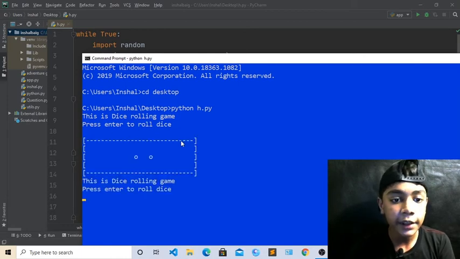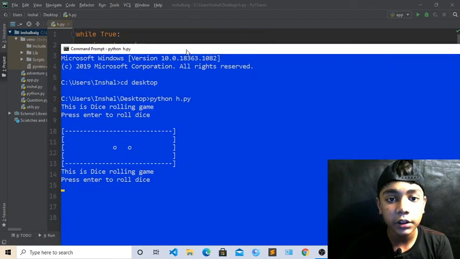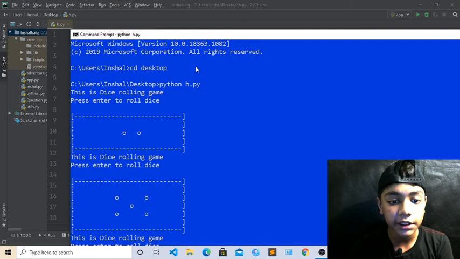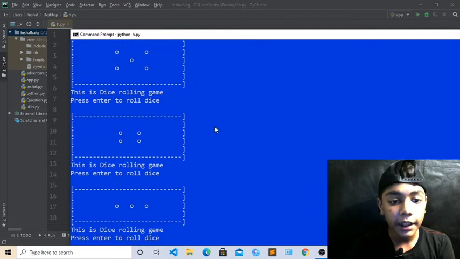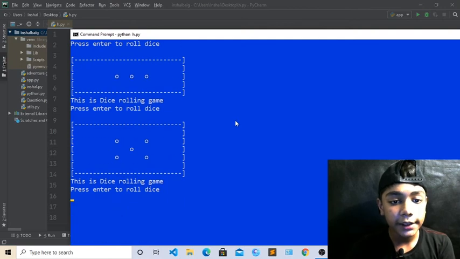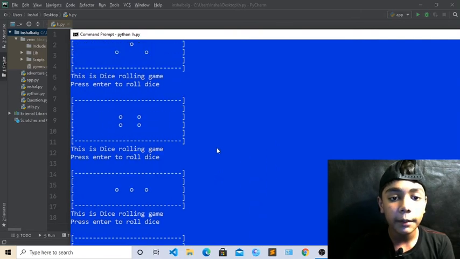So when I press enter, you can see this is randomly coming, because first there was 1 and 2 was in second, so these all are coming randomly. You can see this 5 is coming, then if you press enter 4, then 3, and then if you press enter 5, then 6. These are all random. If you press this unlimited times, it will come unlimited times.